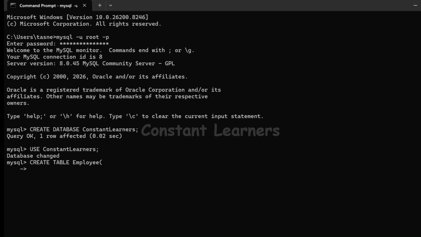Now we have to define each column inside our table. So the steps here is, first we give the column name. Again, the column name could be anything that I like. So first column, I would like the employee ID. So I'm saving it as emp caps lock ID. You can give whatever you like.